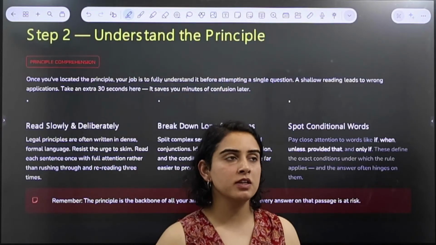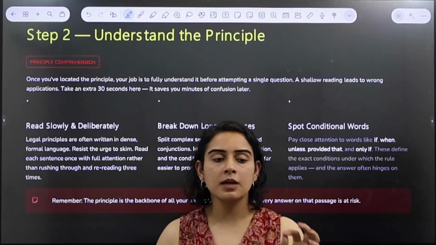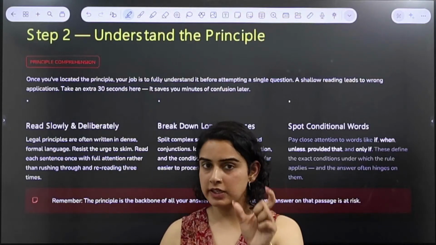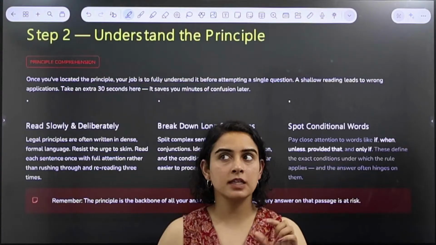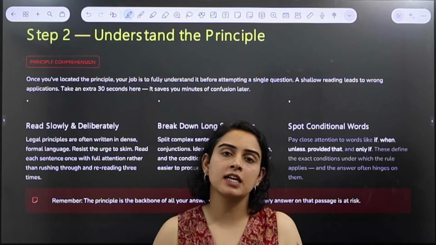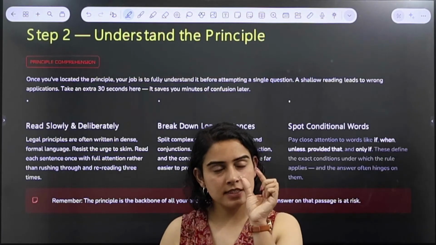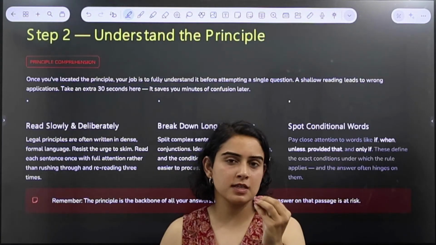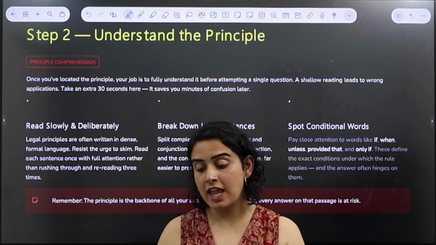And now, how will you even understand it? See, one thing about law is that laws are usually really crisp, yet descriptive. You will get to understand everything that a law is trying to provide if you read it carefully. In law, less is more. So you will find fewer words when it is about a legal principle, but those fewer words will also be conveying everything to you.